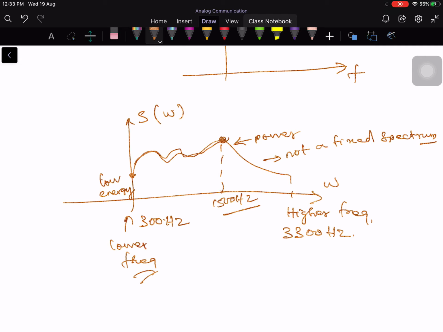It's a typical plot that you might see. As you see, there will be a major peak. Here is one peak and here is one peak. There are some peaks in the spectrum. But on the whole, the spectrum will start decaying after a few hundred hertz. After that it is slowly decaying.